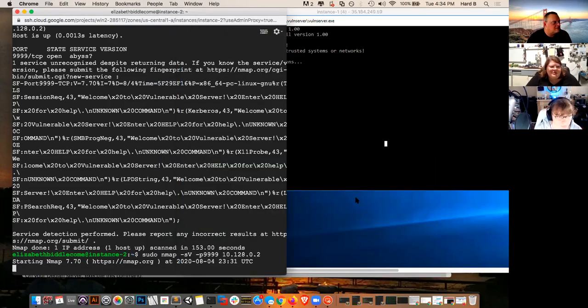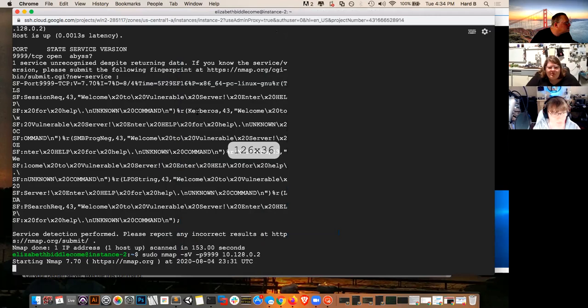Let's see if we get the same weird banner output. It's really strange. Okay. Any reason my port is closed but still says Abyss under service? Yeah, it's weird because